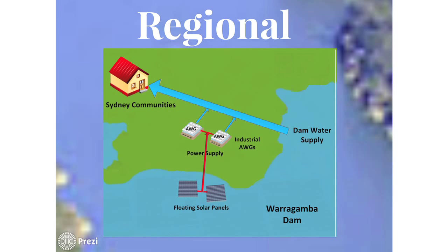On a regional scale, we propose to extract water from the air. There's a lot of water in the air, and it is the only source of water regeneration in nature. Having said that, most of our drinking water at the moment is sourced from Warragamba Dam. Our idea incorporates atmospheric water generators, or AWGs, that condense water from the air and also purify the water through